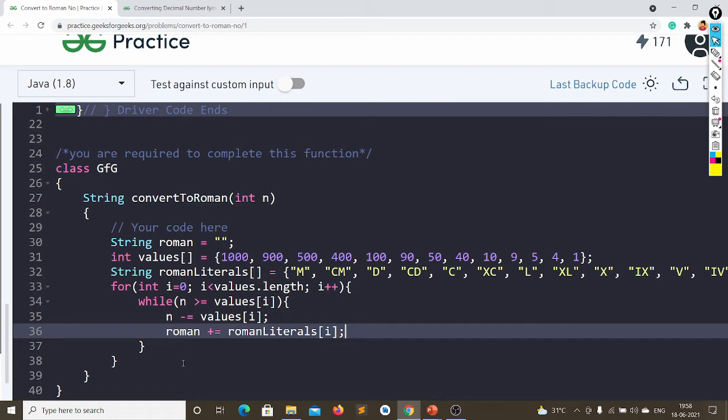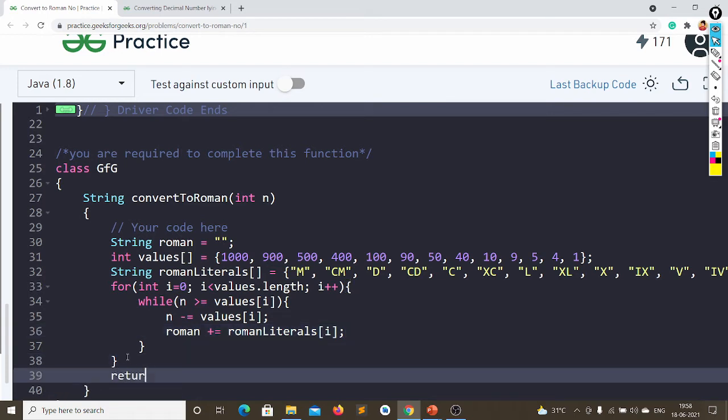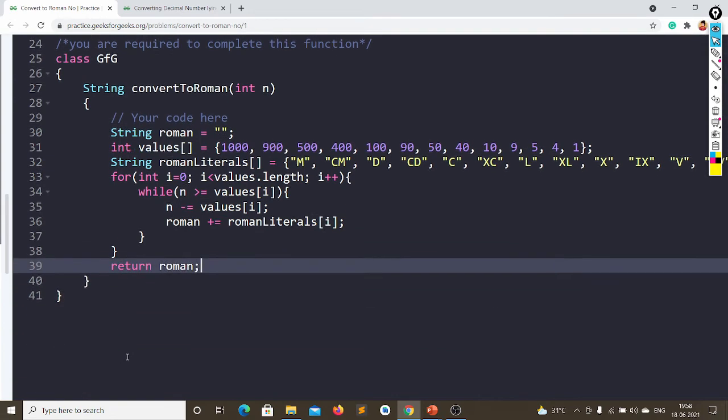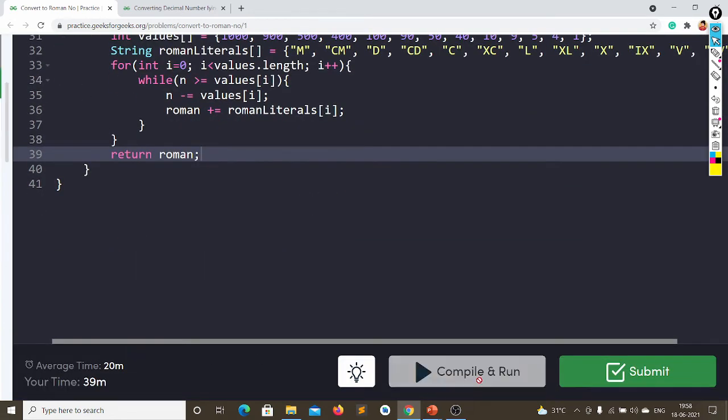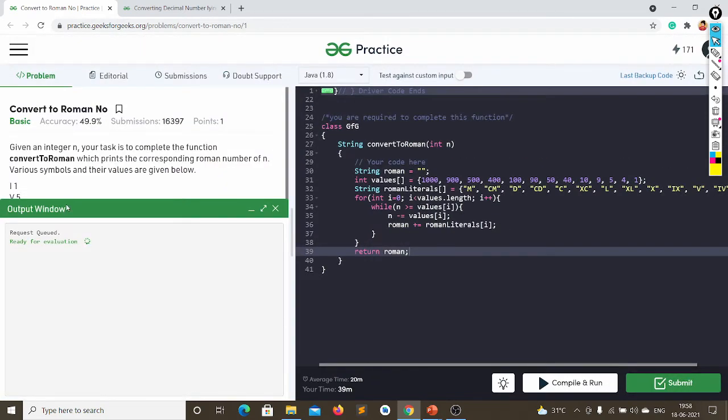Okay, so let's return Roman. So let's run this code. Okay, for 5 we got correct symbol. So let's submit. Okay, it's correct answer. So let's trace out the code.